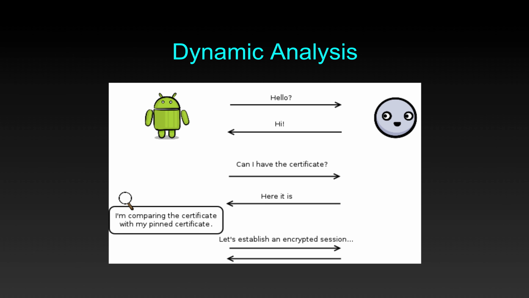Now, if you notice over here, what the Android phone is actually doing is comparing the certificate with its own pinned certificate. What does this mean? This means the Android phone is going to ask the server to show its certificate. And if your certificate is valid and matches the certificate that I have in my application, a certificate which is put into the assets folder of the APK, and if it matches, then the Android phone is going to say, okay, your identity has been verified and I'm going to talk to you. And this way the communication can start.